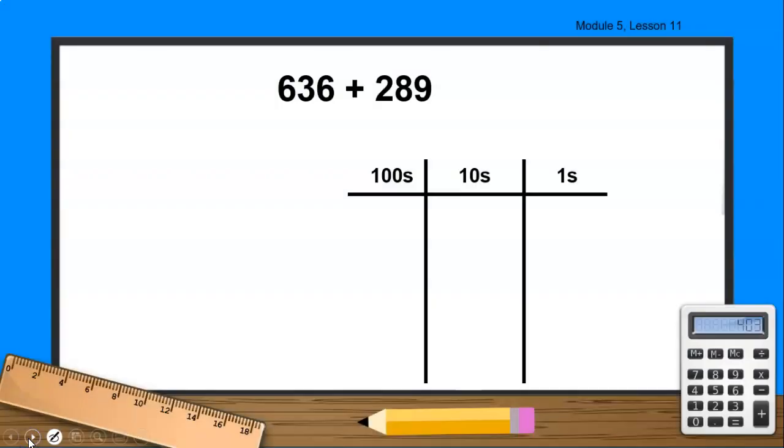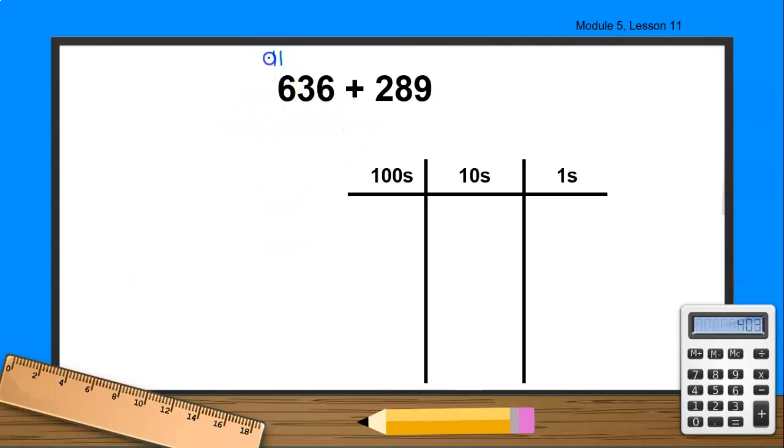We are going to solve this problem. But before I solve it, I'm going to talk about a misconception. A misconception is what you guys are doing in class that is making mistakes and causing you to not get the answer correct. So many of you skip key point number 1 and go directly to key point number 2 that says model the addends. I am going to model the first addend,